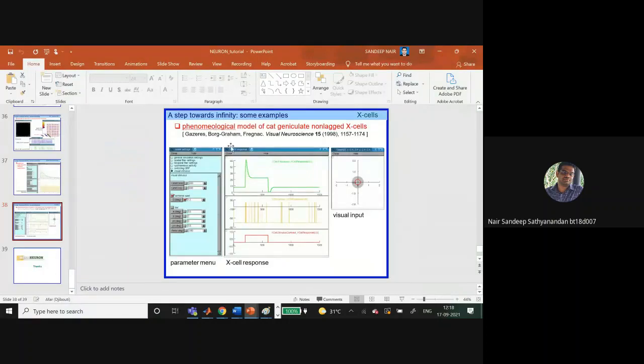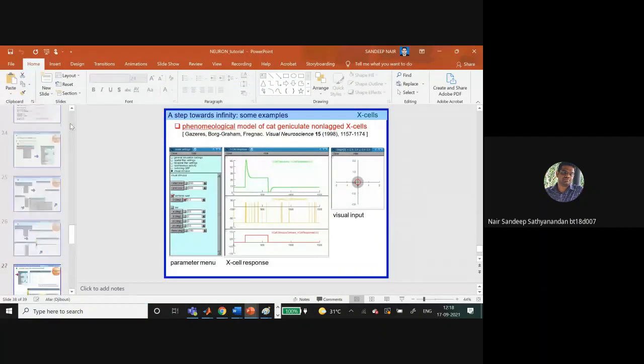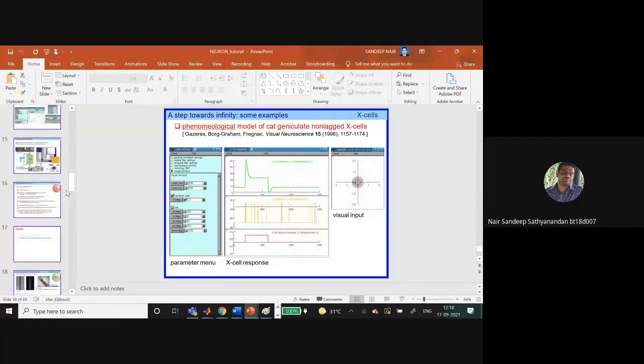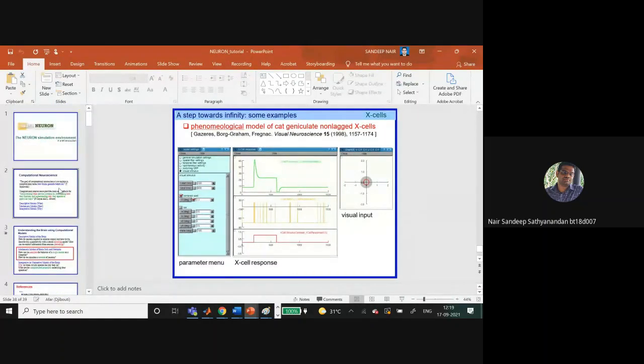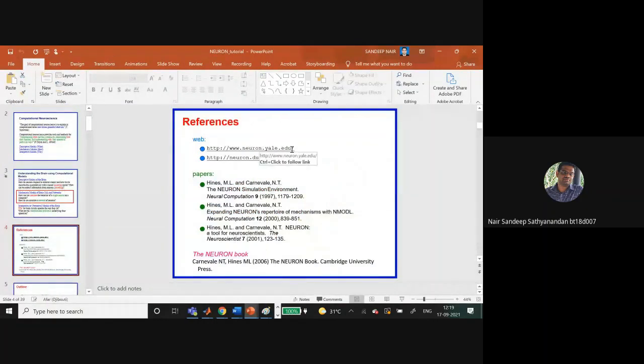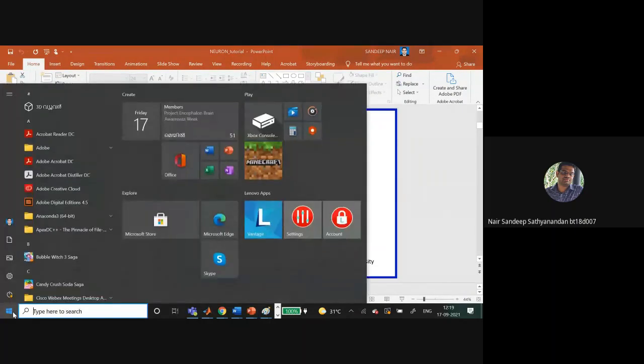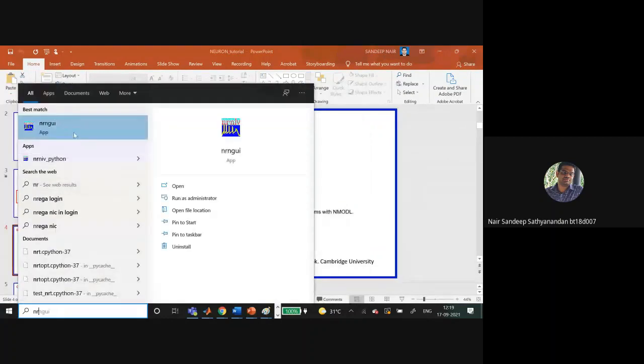To start, you can install the NEURON simulator from Yale, neuron.yale.edu. You will have the exe file for the NEURON simulator available. You can download it on your computer and use it. To start it, you can execute the exe file.